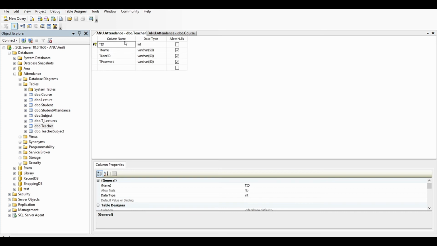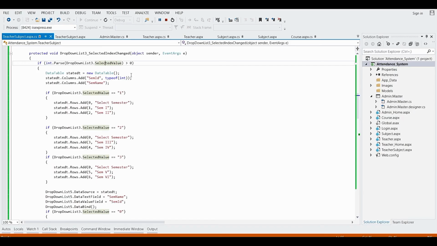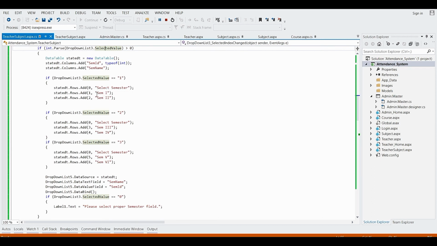The data present in these columns forms row 1, row 2, row 3. In the first row the sem id will be 0 and the sem name will be "Select semester", then sem id 1 with sem name sem 1, sem id 2 with sem name sem 2.